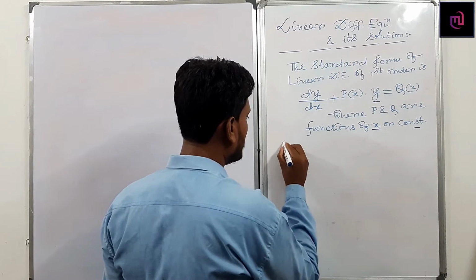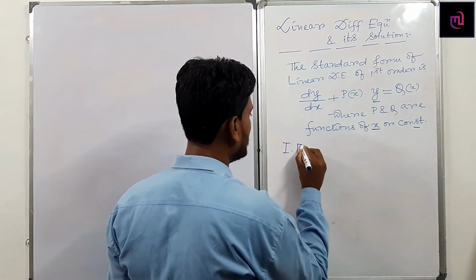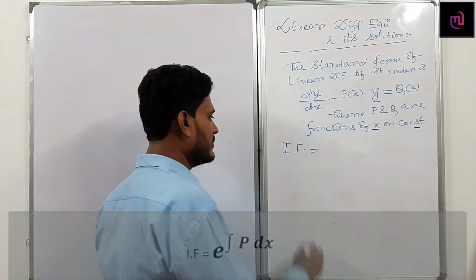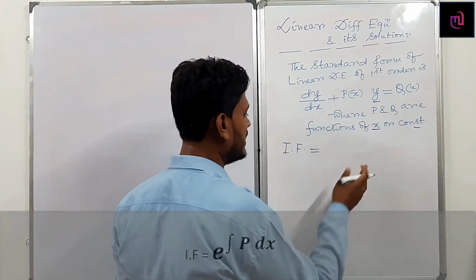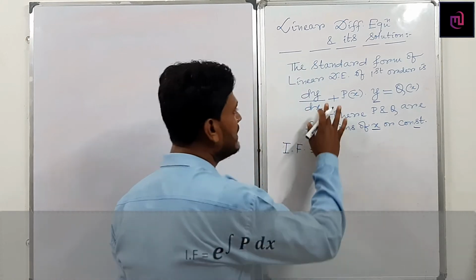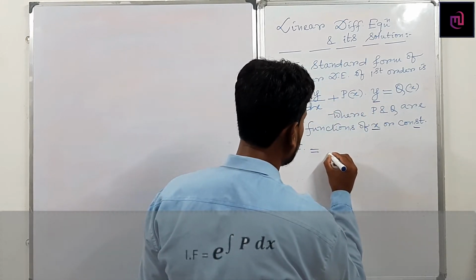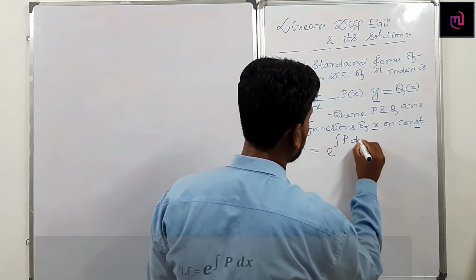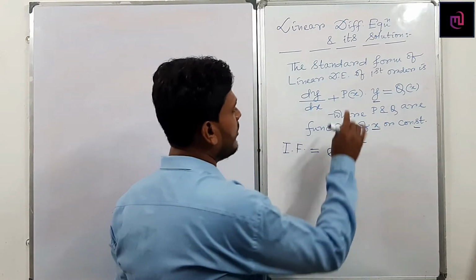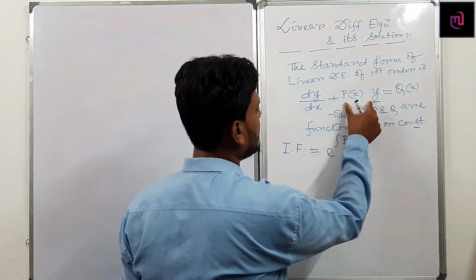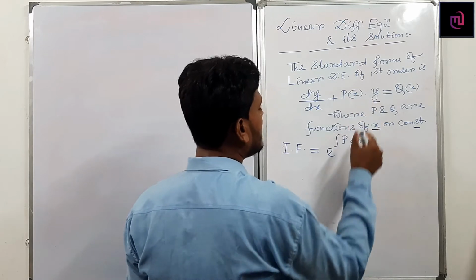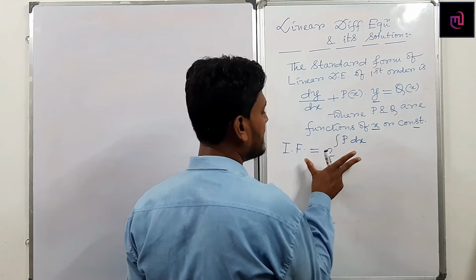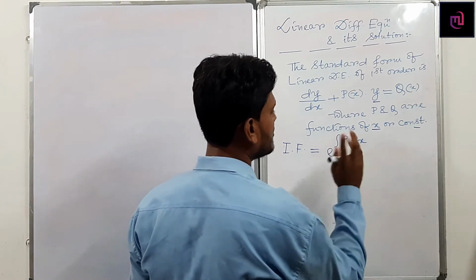So first of all you have to find integrating factor. Integrating factor all of you know. A factor by multiplying which a non-exact equation reduces to the exact form is known as integrating factor. So here in this case, how to find the integrating factor? E to the power the integration of p dx. So whatever the equation is given, first of all you have to express in this form. Then compare it. You must get the value of p. After getting the value of p, then you have to write the integrating factor. It becomes e to the power the integration of p dx.